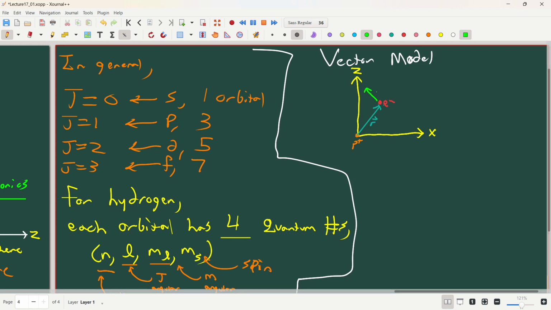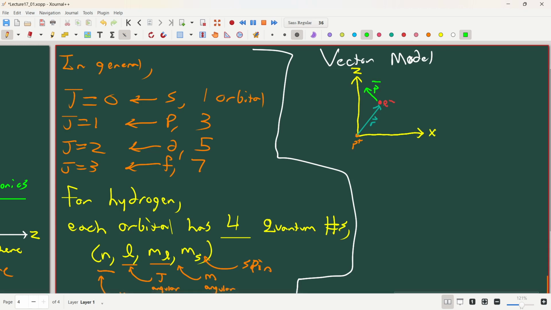Apply momentum to the electron, P, in this direction. Okay, so I've got the electron on a leash at fixed R, and I'm going to push that electron with some linear momentum in some direction. Right? The resultant angular momentum,